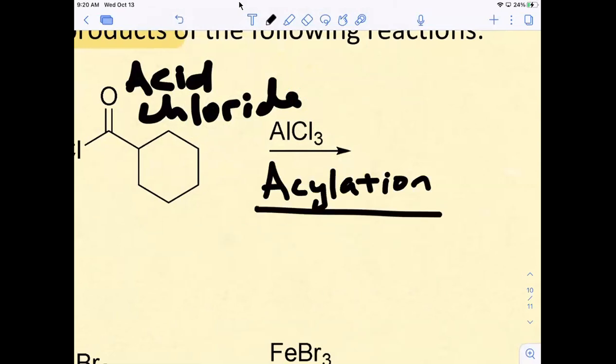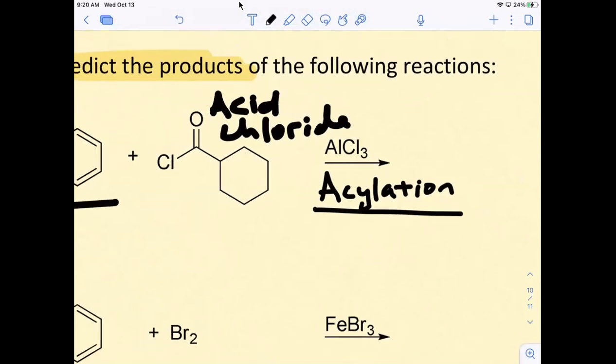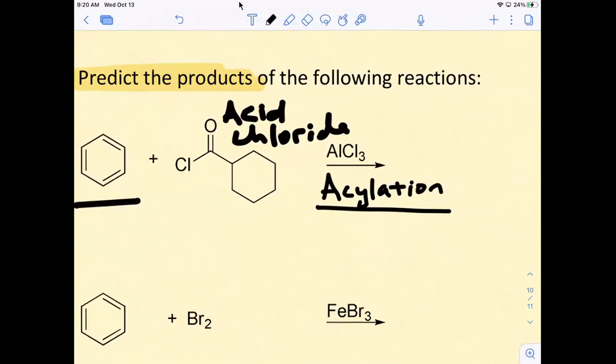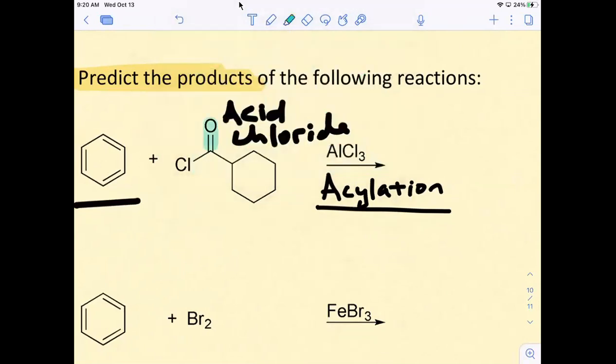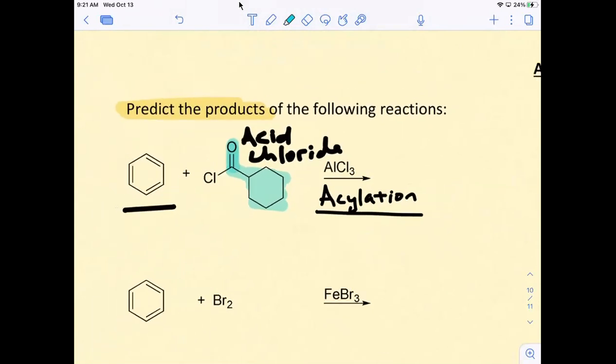Yes. What I'm doing with this reaction, that's the reaction we just did, actually, is adding this whole thing to the ring, right? And with that ring, all of the carbons are equally susceptible, so it doesn't matter in this particular case where you put it. All right, so